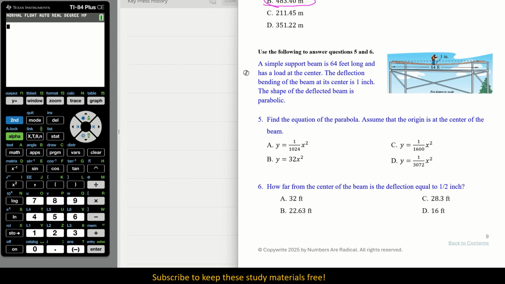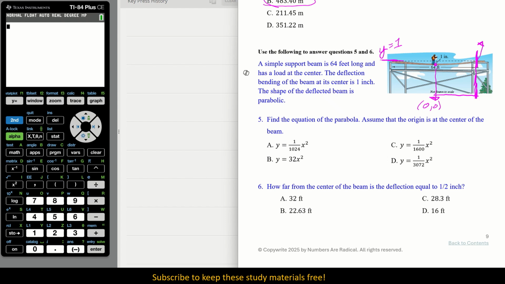So this is what we need to realize. Where this person is standing, that is your origin. Then that means here where it says 1 inch, that is y equals 1. And because this is your origin, when you go this distance out to where the board is,